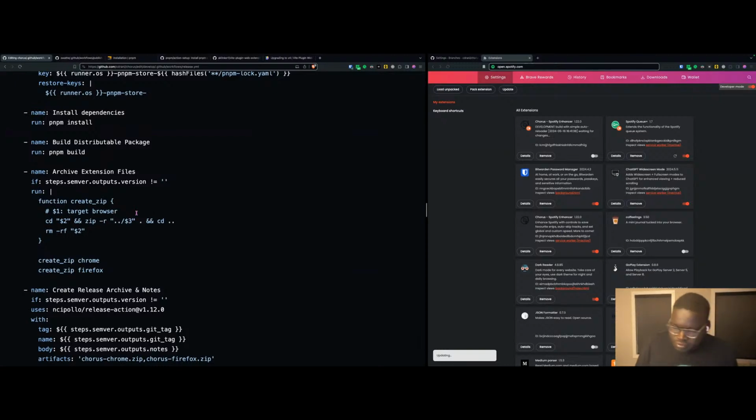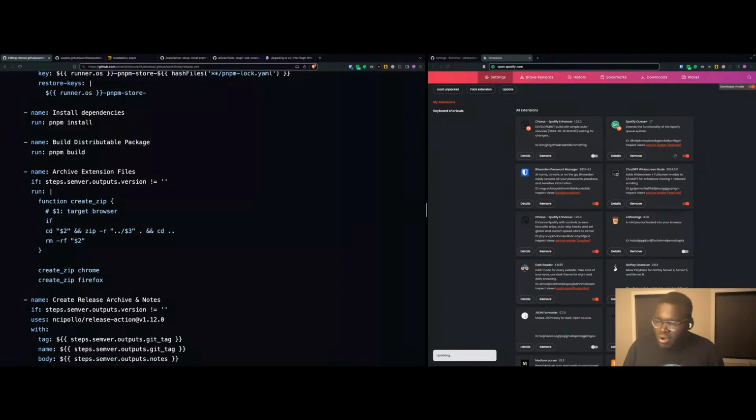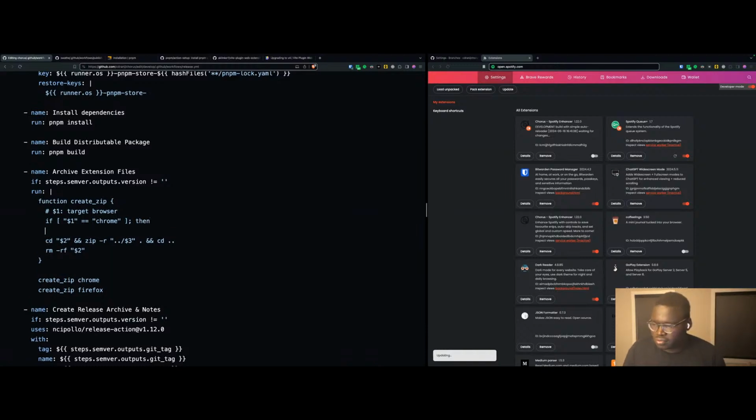So if our target is equal to Chrome, then